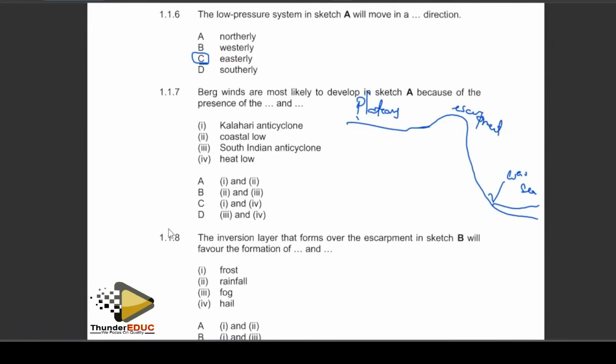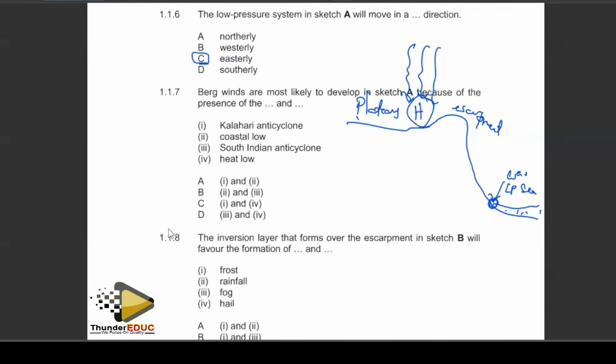So we are saying during winter season, that is where we experience the coastal low. It means it's a low pressure cell that is existing on the coast here. This is the boundary of the sea and land. We have a low pressure cell which is existing on the coast. And remember, during winter, we said we have strong descending air of the Kalahari high pressure cell, which will imply